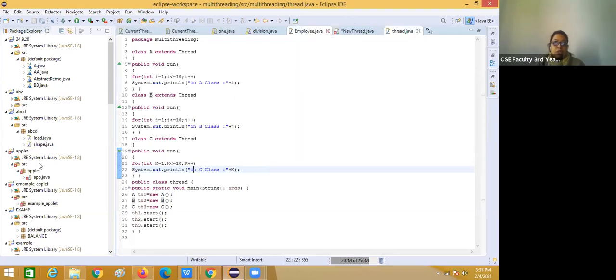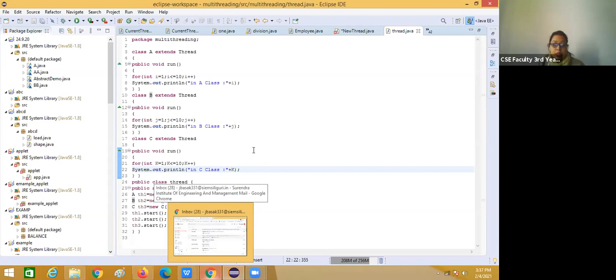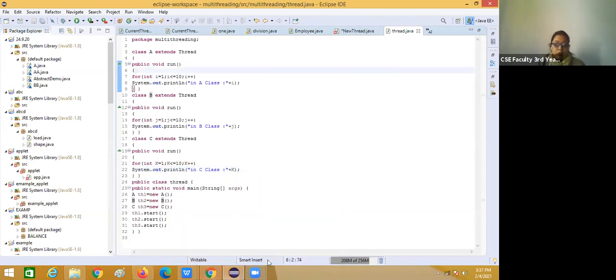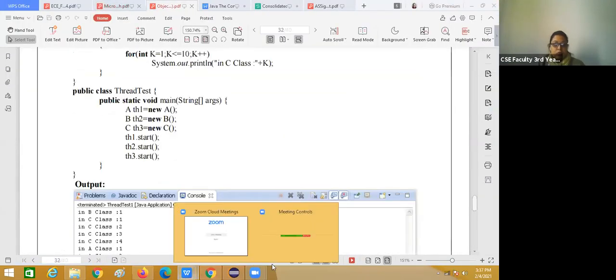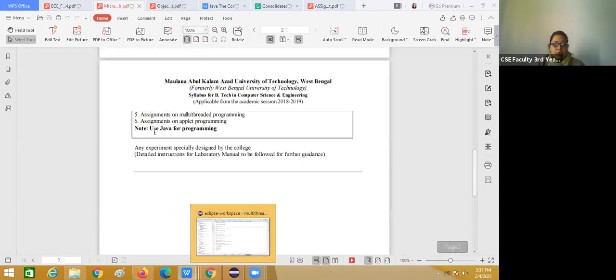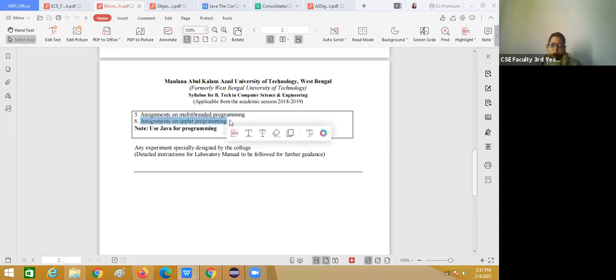Okay, so this is the creation of multi-threading. Next one is applet. So applet we will start in the next lab session.